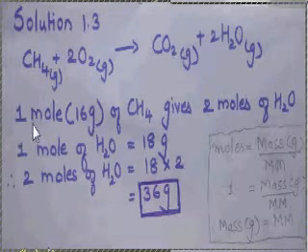So over here 1 mole, 16 gram, of methane gives 2 moles of water. So 1 mole of water we know will be equal to its molar mass, that is 18 gram. You know the molar mass of water. We have to find the value for 2 moles of water in gram. That is our question. Therefore 2 moles of water is equal to 18 into 2, that is 36 gram.